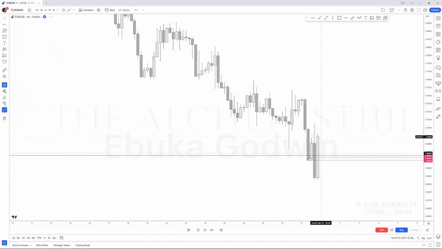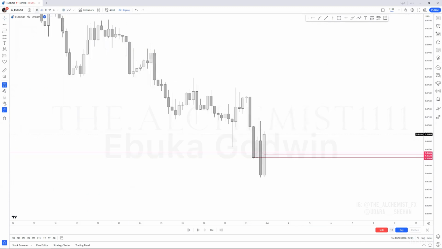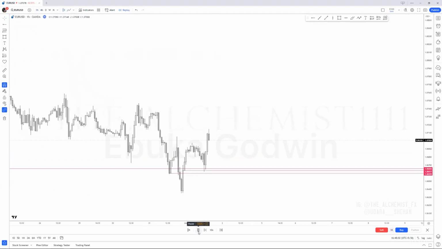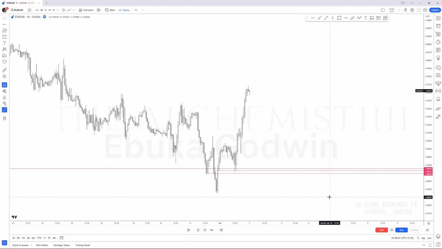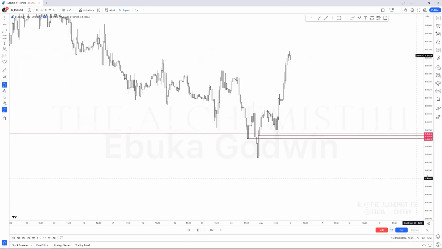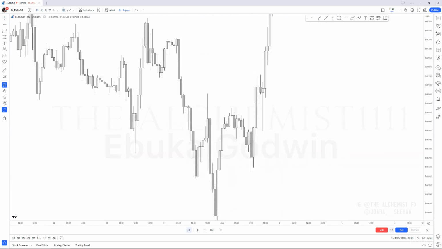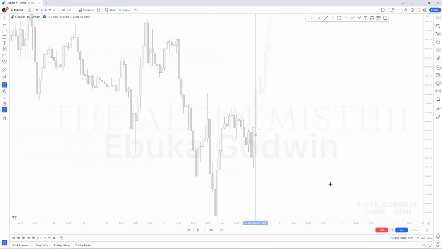And then around that area, we refine into lower time frames like this, right? We refine into lower time frames, and then what happens? Boom, there it goes. Can you see? So where did the moves come from? Where did all these moves come from? From the higher time frames, right? From the higher time frame levels itself. Like, look at this. There's a nice re-entry in here.